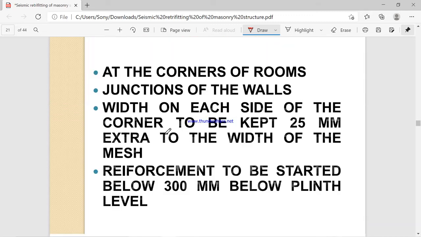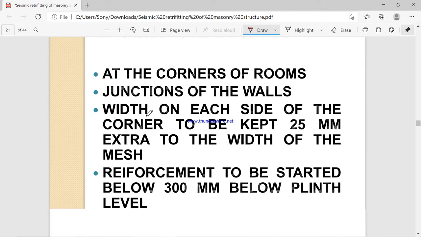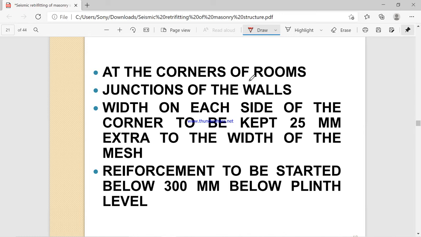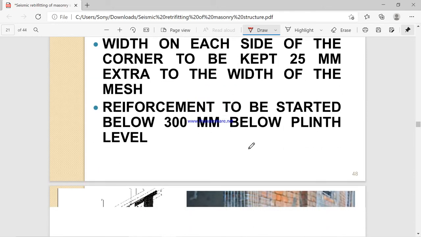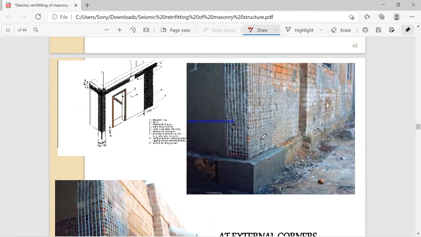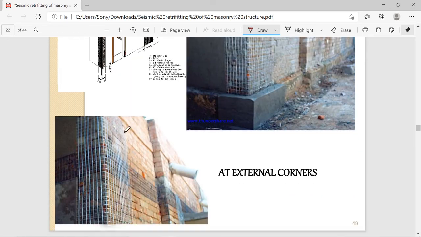Then at the corners of rooms and junctions of walls, vertical seismic belts can be provided. The width on each side of the corner should be 25 mm extra to the width of the mesh. The reinforcement is to be started 300 mm below the plinth level, or it can be started from the plinth level itself, as you see in the diagram.